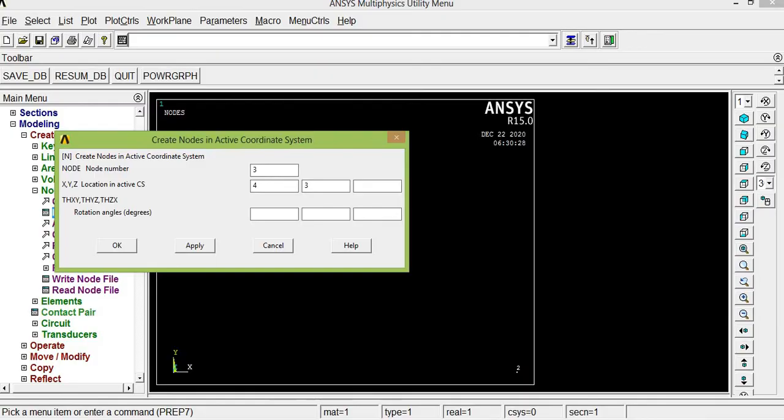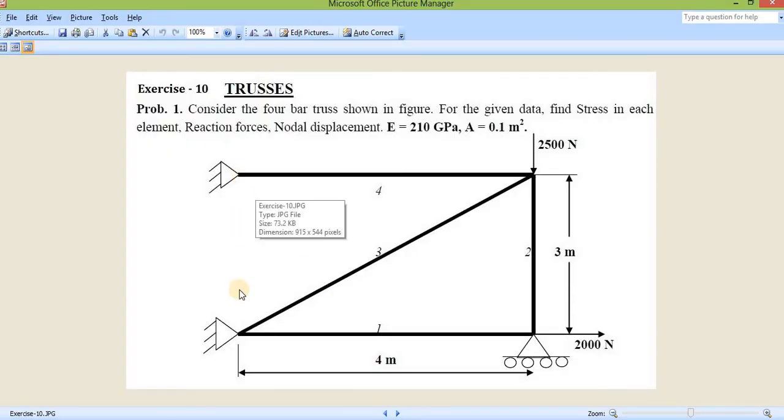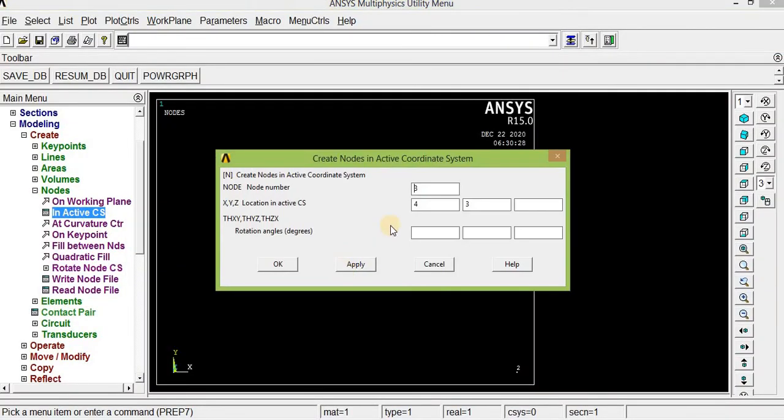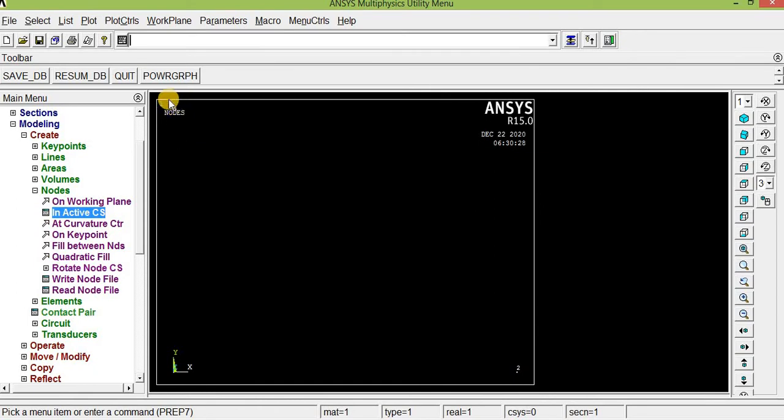Similarly, node number 4 should be here, which means x should be 0 and y should be 3. So in active CS, node number 4, x should be 0, y should be 3. Click OK. Now you can see node number 4 is assigned here. You can zoom in to see the nodes clearly.